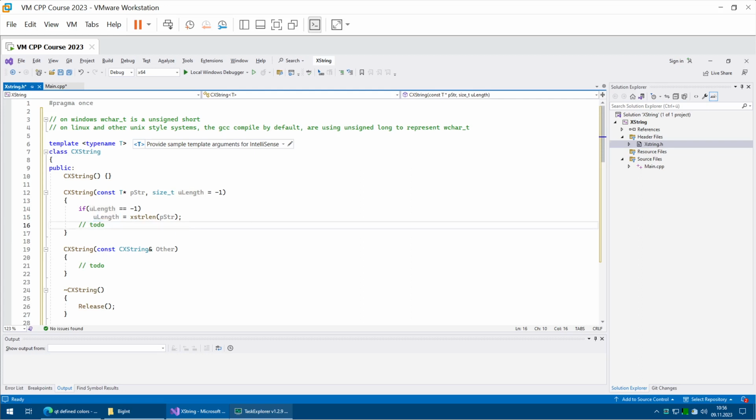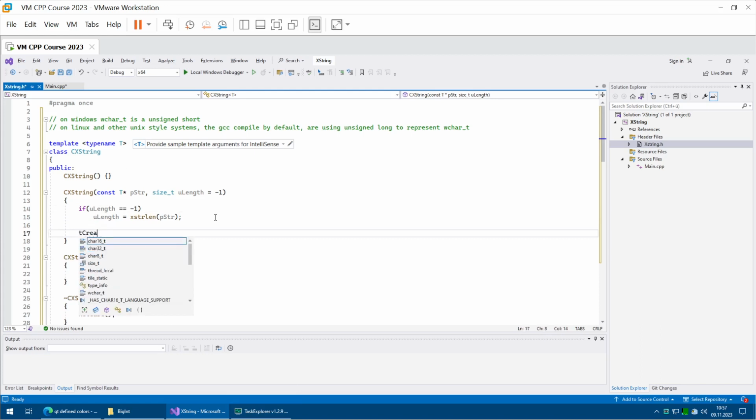Okay, and now since we already have the length, we can create our object. And then we specify reset capacity. So by default, we'll just create the length that we need. Only once we start growing the string, for example by appending, would we then want to create